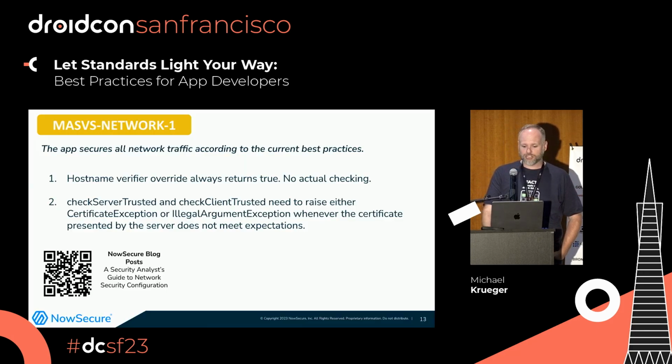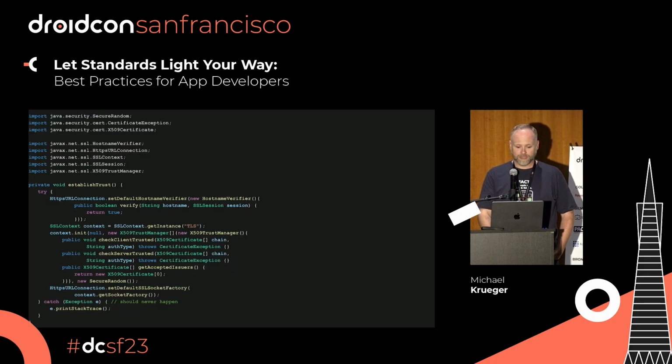Check server trusted, check client trusted. Those are actually checking the client validity. If there is an error with that certificate, say again that I produced a self-signed certificate or other invalid certificate that my device is not configured to trust, I should throw an exception, right? Unfortunately, the certificate exception handling is empty. So in this case, no error actually is handled and nothing is done. And in the absence of any error handling, in this particular case, the certificate is considered valid.